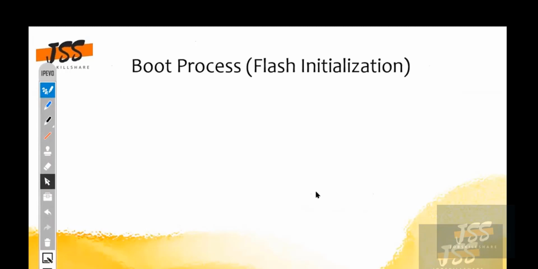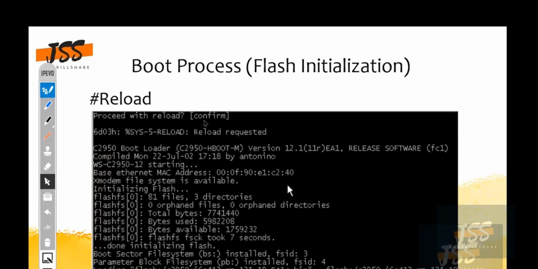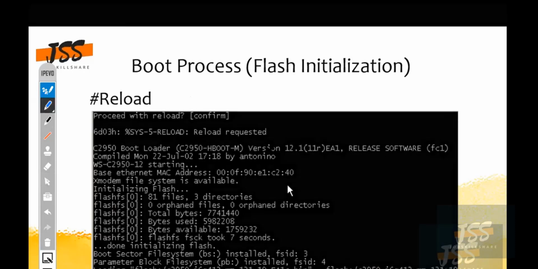So this is the boot process, what I was discussing earlier. Just by typing the reload command on the switch or the router, you will get something like this. Proceed with the reload and you will say yes. And then you will go through these things. So basically, it is